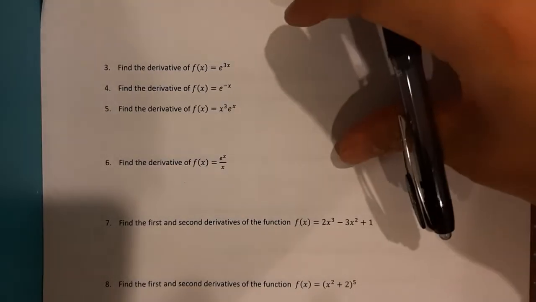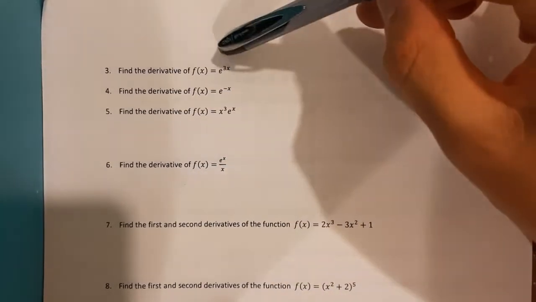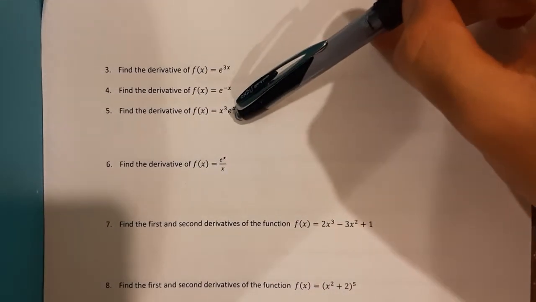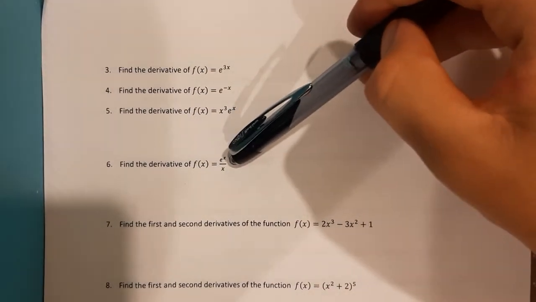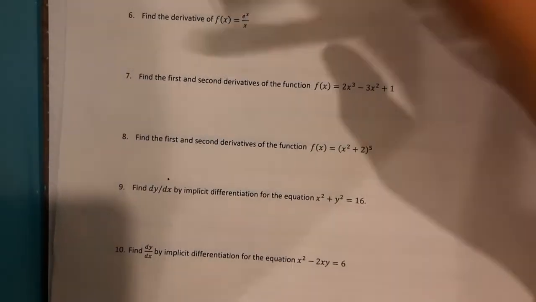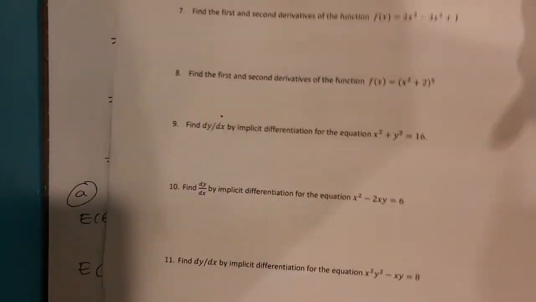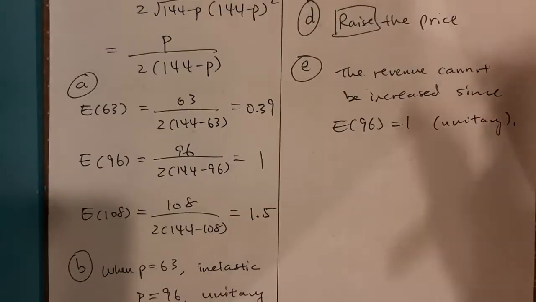On the next page, here we have some derivatives of exponential functions, and here we have a product rule and also a quotient rule type question. First and second derivatives and also implicit differentiation. So for 3,